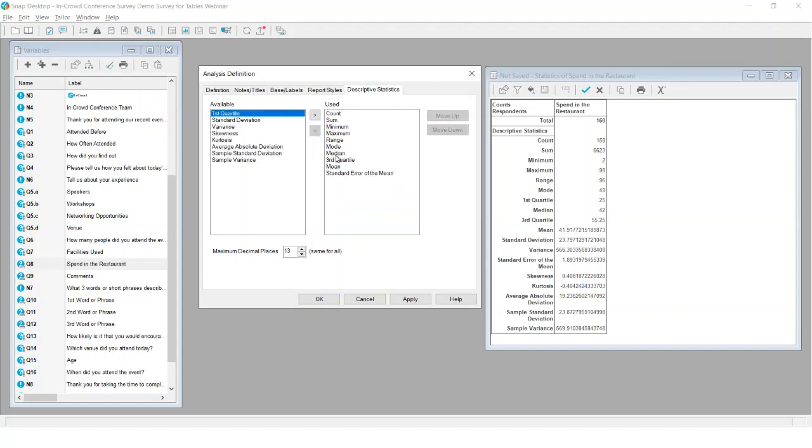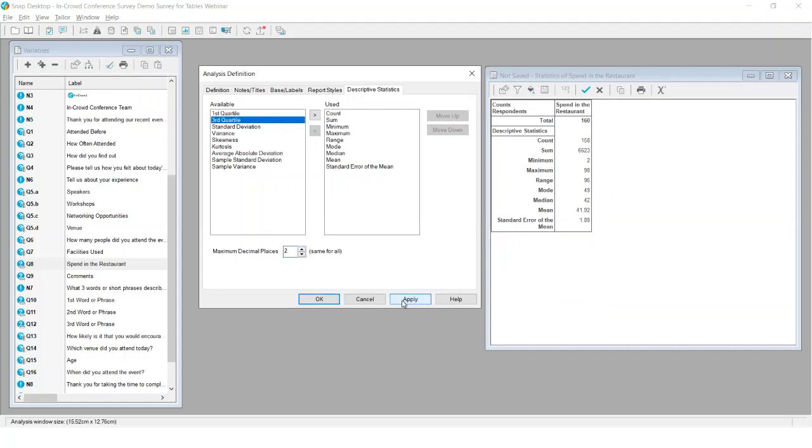I want to get rid of the quartiles, for example. Probably don't need 13 decimal places, so I'll apply that one. And we're then left with potentially a smaller amount of information, which is perhaps more meaningful to whoever's going to be viewing this data. If I go back to the definition tab,